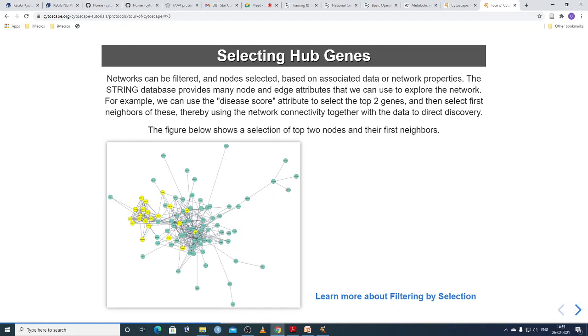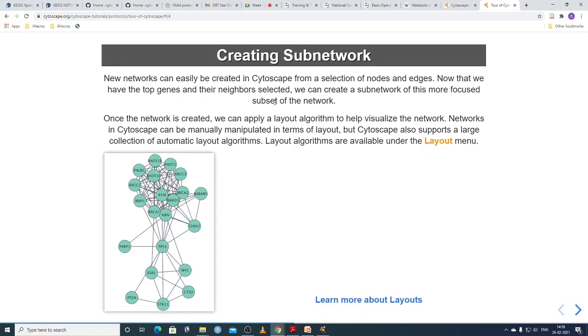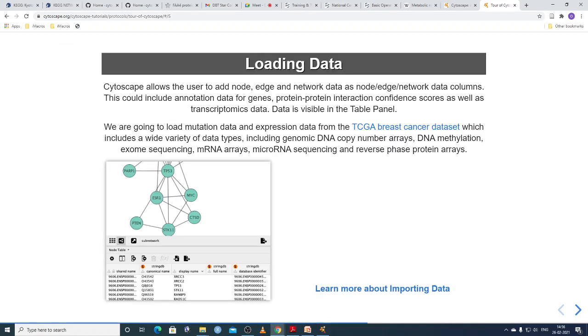For example, we can use the disease score attribute to select the top two genes. Likewise, there is creating a subnetwork: from a large network we can create a subnetwork, meaning a small set of the network.